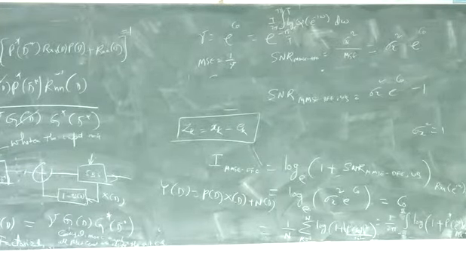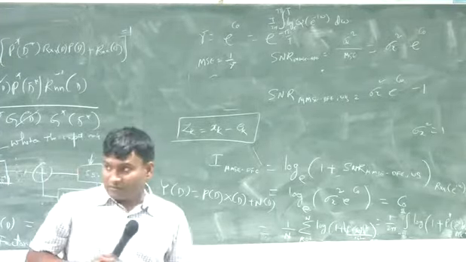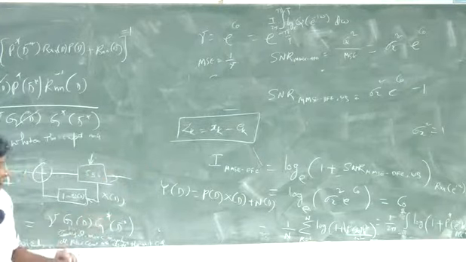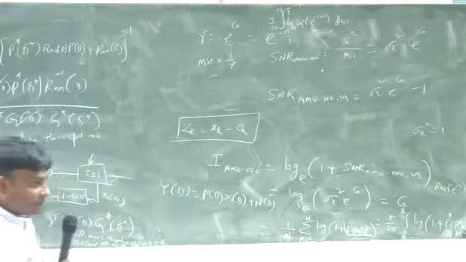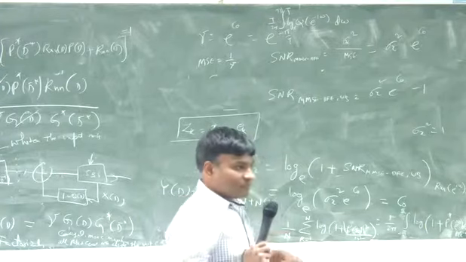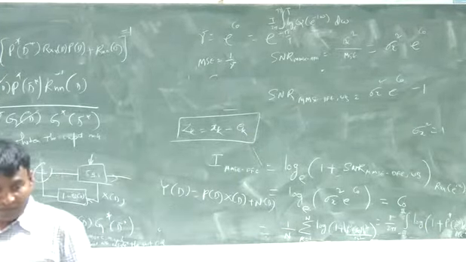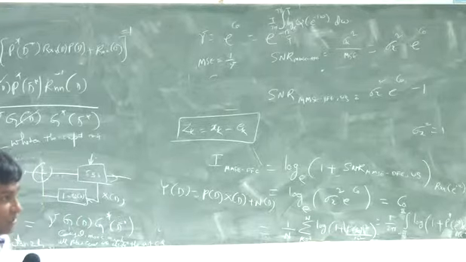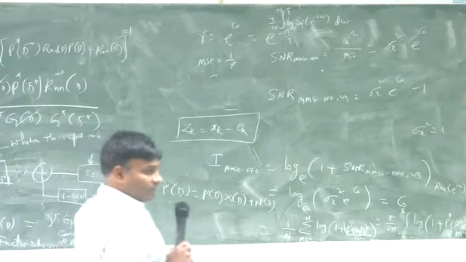So MMSE DFE gives a further improvement on linear equalization. Okay, but of course here still there is a problem. The DFE has to be perfect. The whole analysis assumes the DFE is perfect. What is it? That's not a serious problem. This works very well even at low signal to noise ratio. That's not a real issue, but the error propagation has to be controlled. So that's an issue depending on the channel under consideration.